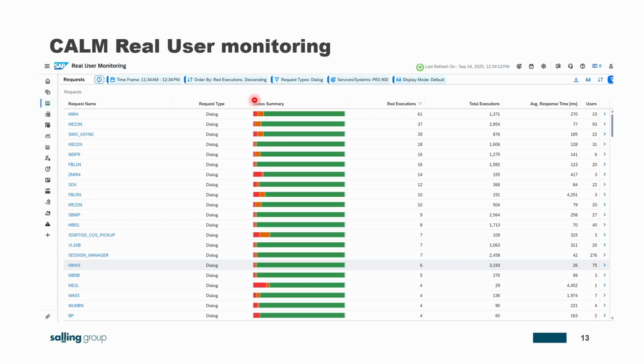Yes, before actually heading on to explaining the real user monitoring, I would like some intermezzo here explaining what we have done so far and where we are and where we are heading. We did the Run SAP Like a Factory implementation 10 years ago. Very ambitious, very big. And we are running our systems very well. We are number 1 in Northern Europe in impact minutes. I'm personally very proud of this.